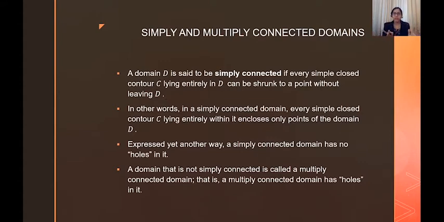You have a domain D, a region, and you have a small contour in it. Don't get confused with that complicated word. It's just a path in it, and it is closed. So you have a closed curve, and instead of a curve, we are going to call it a contour. So we have a simple closed contour. Simple means it is not intersecting anywhere else, that is, we don't have any twists in the particular curve.